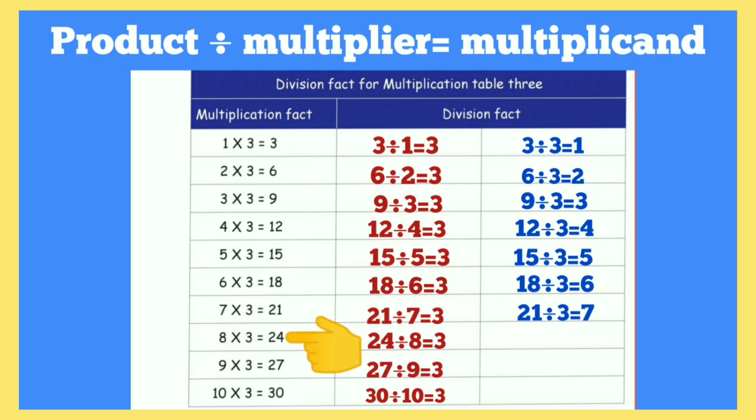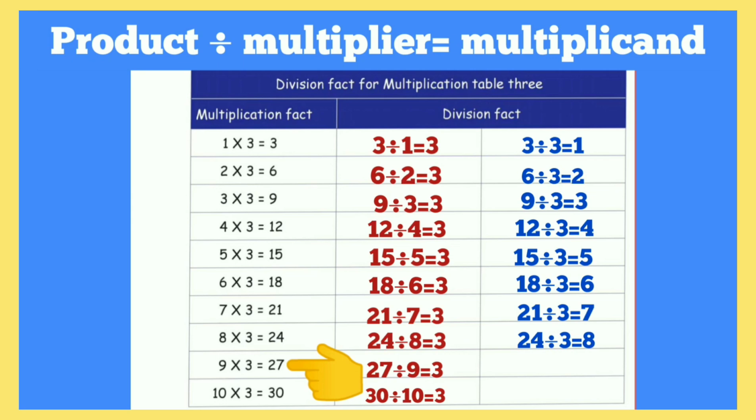Next, 24 is the product, 3 is the multiplier and 8 is the multiplicand. So, the division fact is 24 divided by 3 equal to 8. Next,